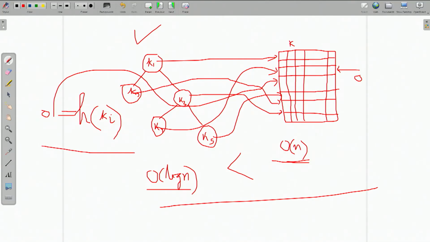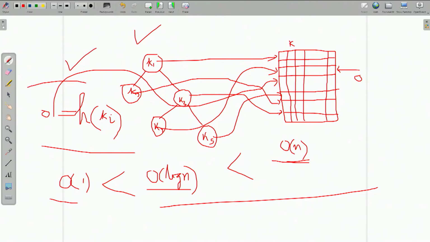Now, this is the technique called hashing, by which we can do it far better, because this takes order of constant time. It is independent of n, whatever the size of the table, it is absolutely independent of that, and therefore this is far better than the previous one.